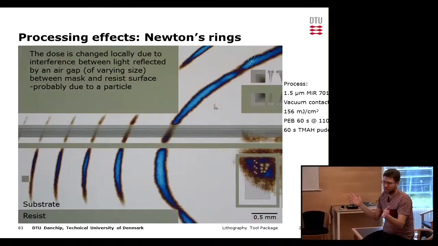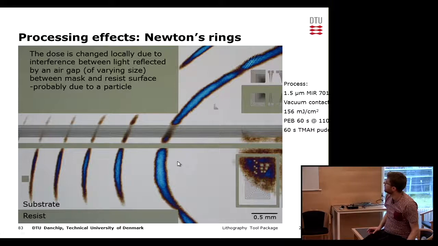And if these two are completely out of phase, then they cancel out, and it's like there's no reflection. And in the opposite case, when they are completely in phase, they actually superimpose on each other, and it's like there's a double reflection effect. And this is what we see as these lines that are left, that the effective dose is lowered here